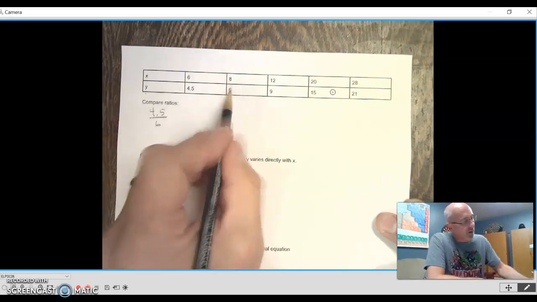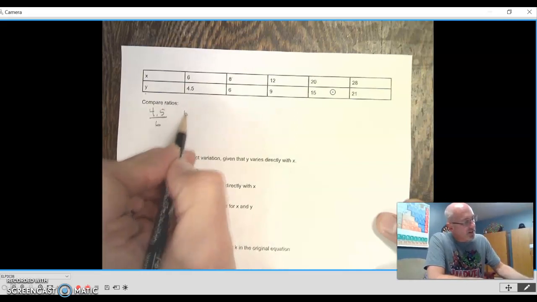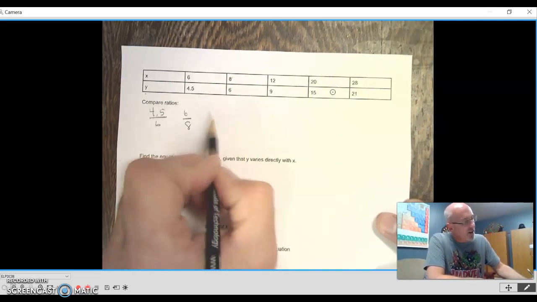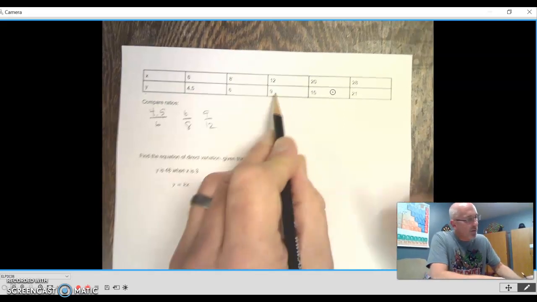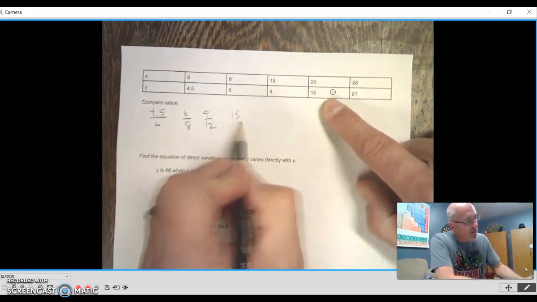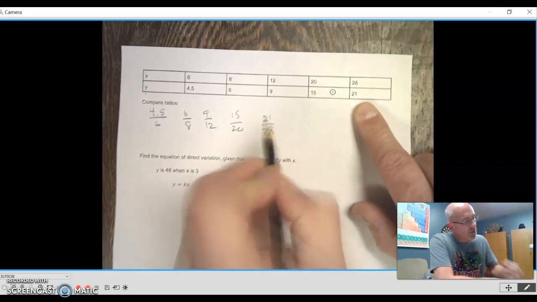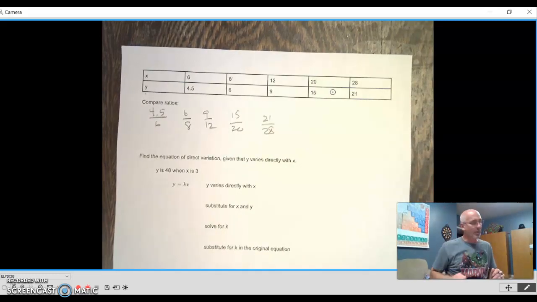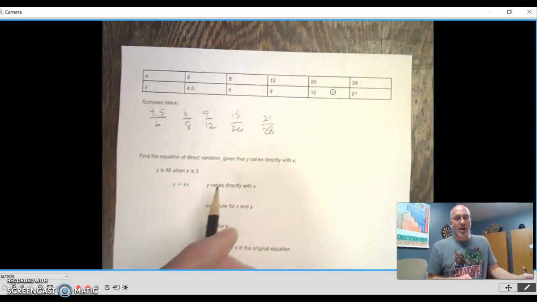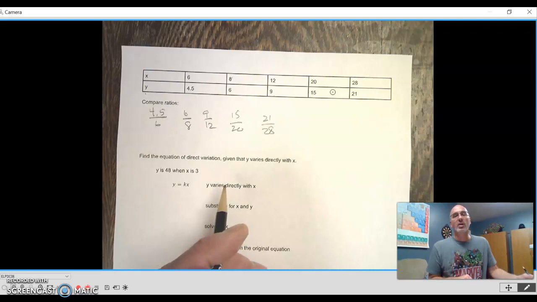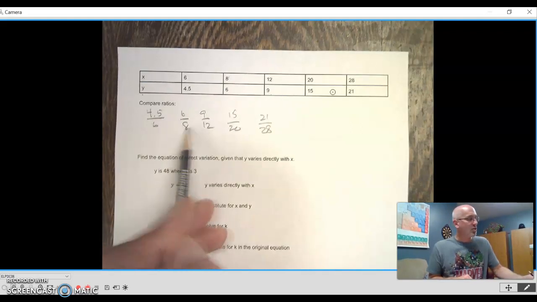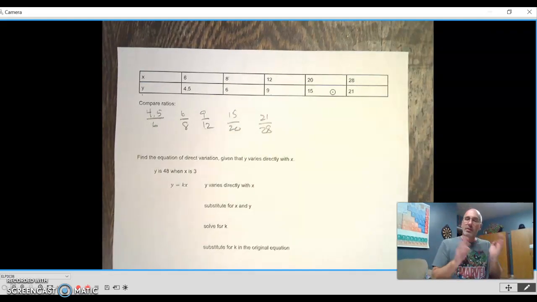And then we're going to do 6 over 8 and 9 over 12 and 15 over 20 and 21 over 28. Okay? So we are trying to figure out if this is a direct variation. So in other words, we could pick any two of these, put them equal to each other, and then do the cross products. Or we could figure them out as far as a